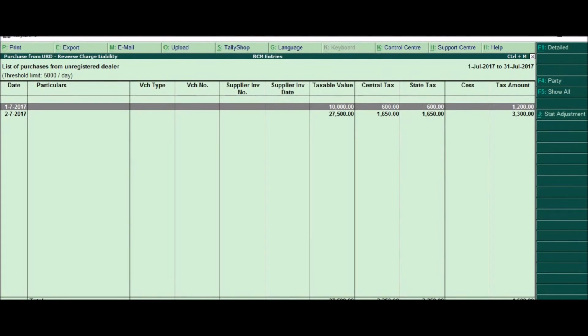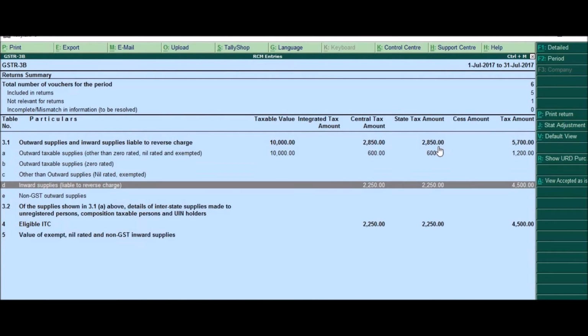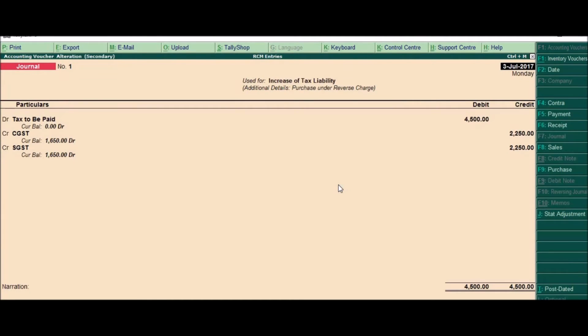So it is 2250 and the total taxable value is 3700 and the tax amount is 4500 consolidated. Okay. So what I need to do here is I need to pass an inward supply entry so that it shows here. So let's see what entry has been done. We need to pass a journal entry where we will say that increase of tax liability is being done, which means that I will have to pay CGST and SGST. This I have shown in my previous video also. Anyway, I will simply repeat how this entry can be made.